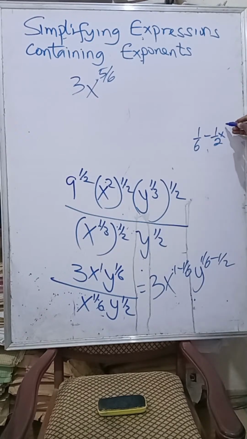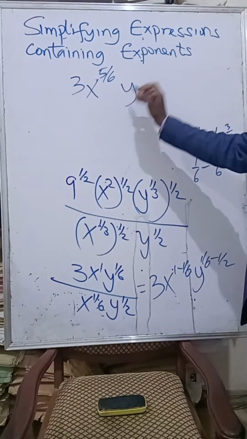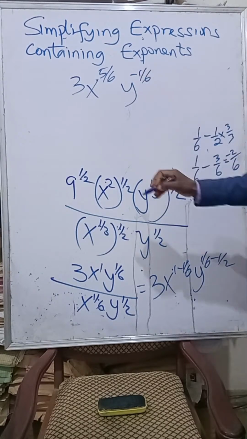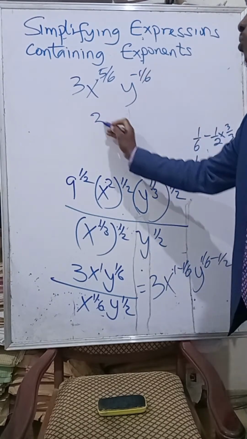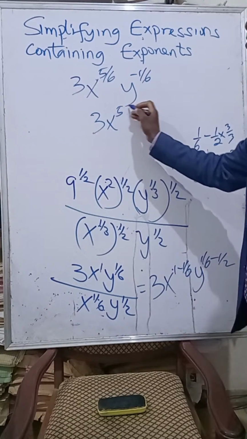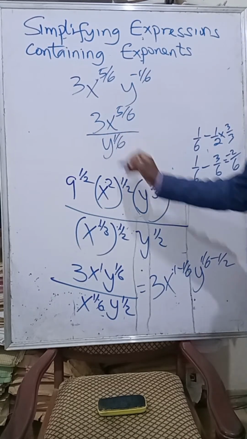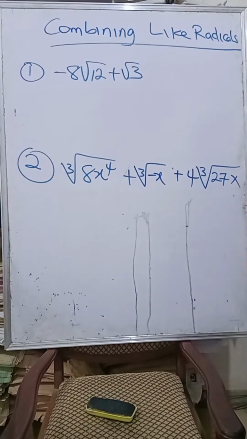Let's make this one also times 3 over 3. That's 1 over 6 minus 3 over 6. So that will give us a minus 2 over 6, which is a minus 1 over 3. Okay. Final conclusion, we have this. This minus will make the y go down. So that's that on that question. The first one,